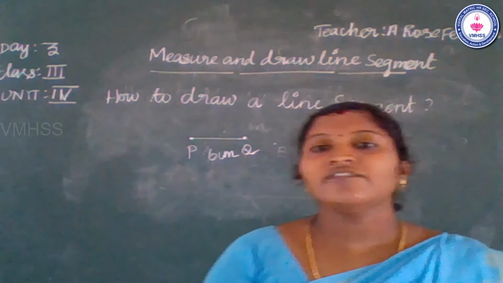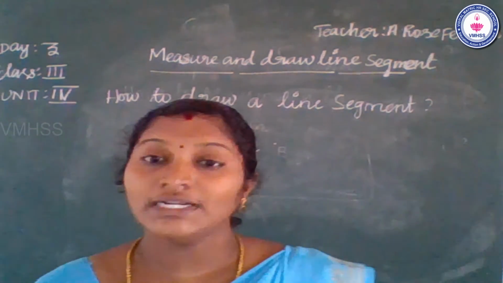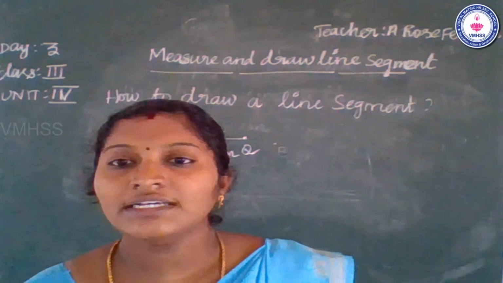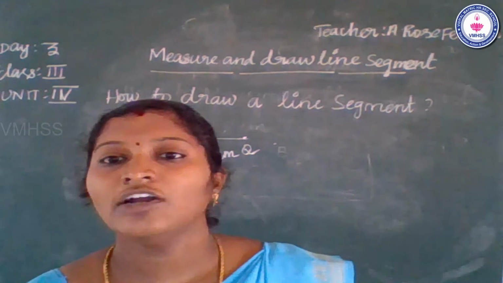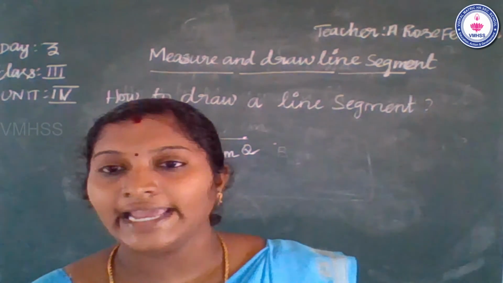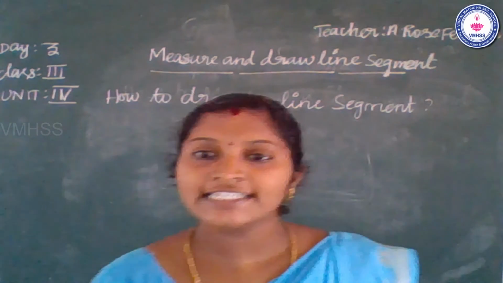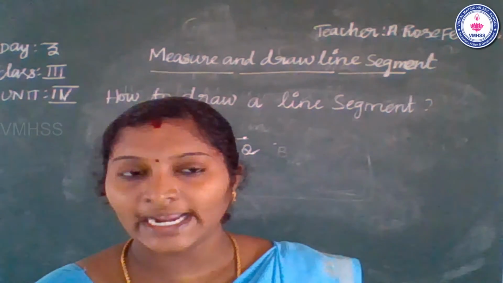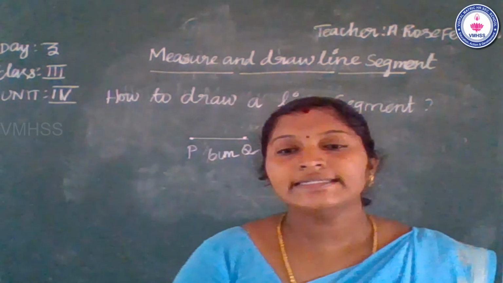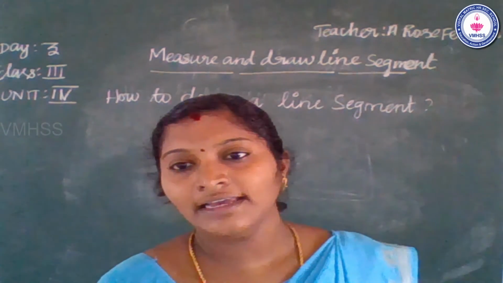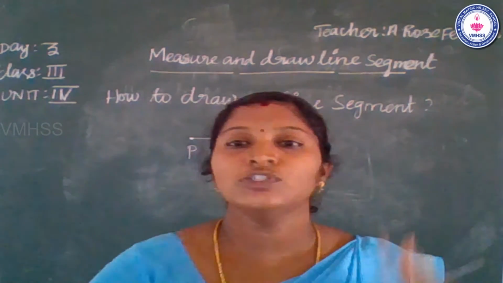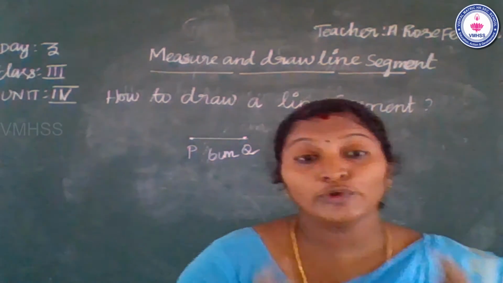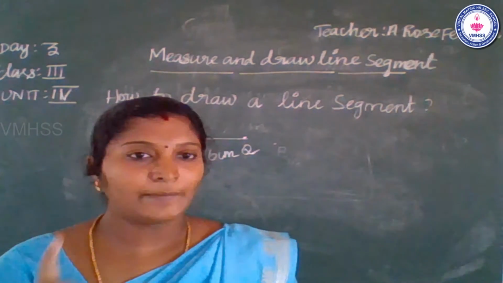Yes. So once again we recall the rules. Okay, what is the first rule in how to measure a line segment? Keep the 0 centimeter end of the ruler at point A. Count till you reach point B. Read the marking on the ruler at point B. Okay, ma? So, next rule, write the measurement in centimeter. So, these are the rules of how to measure a line segment, using a ruler and a sharp pencil.